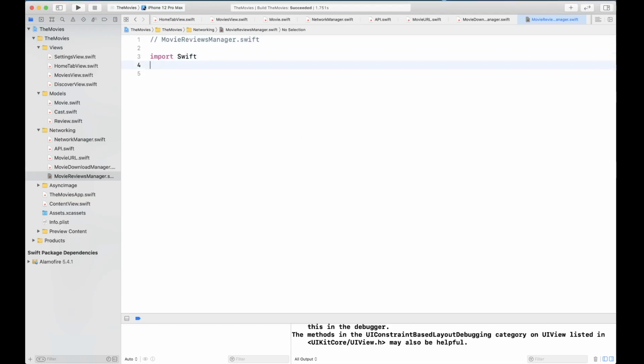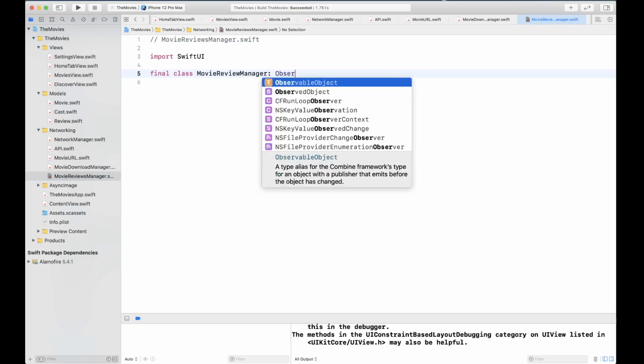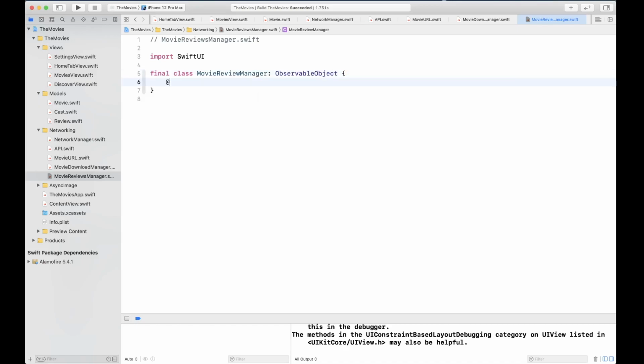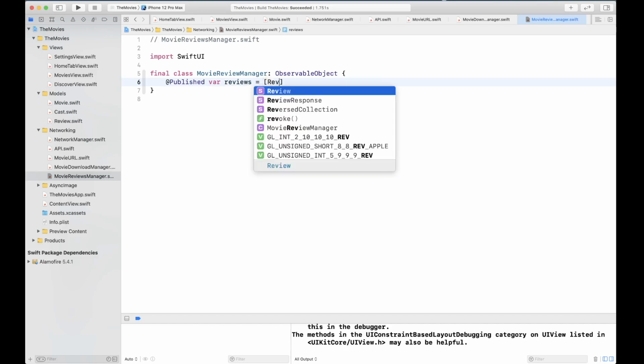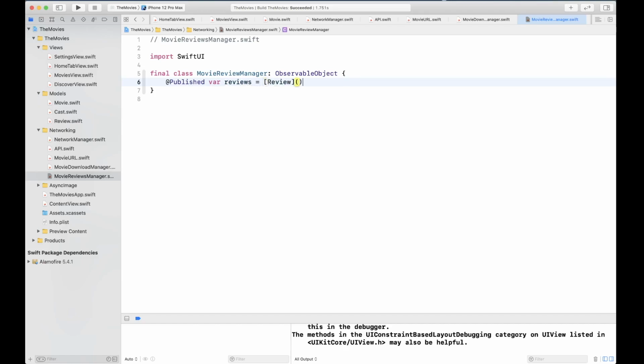So once again, import from SwiftUI, or you can import from Combine, doesn't matter. SwiftUI actually has Combine included. Movie review manager. This is once again going to be an observable object. It is going to publish reviews. So I'm going to create an empty review object,